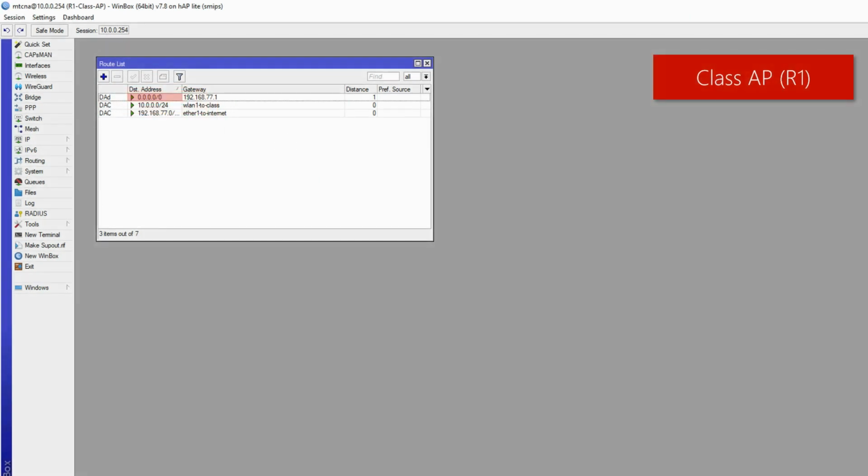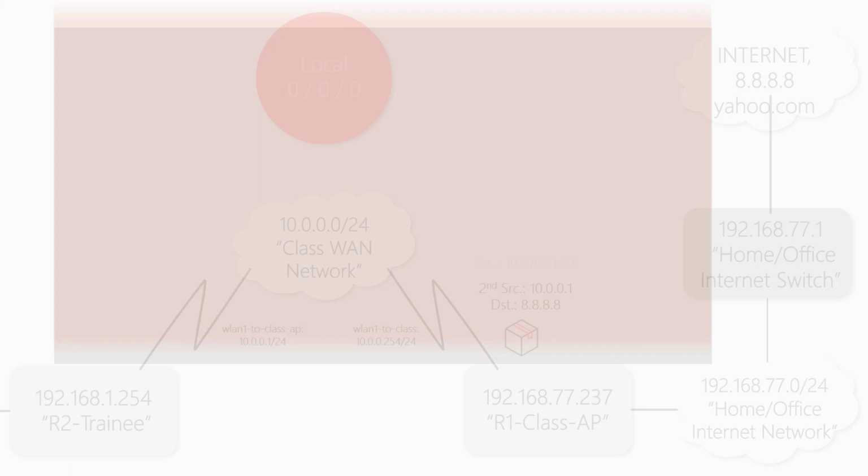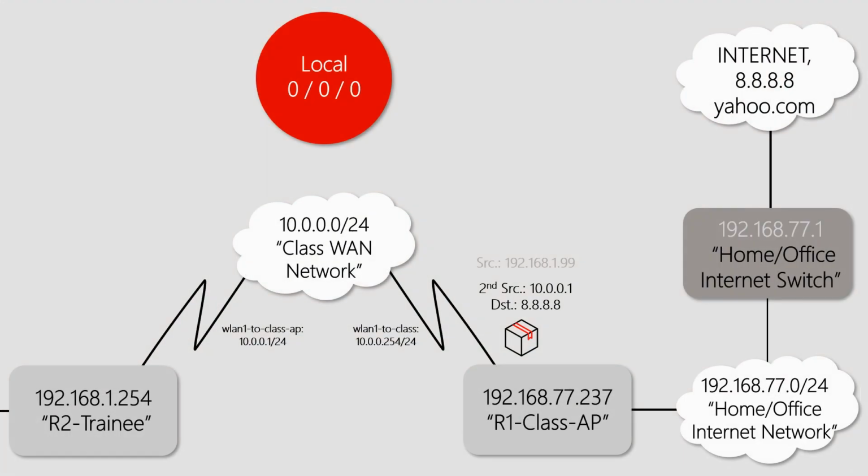At this stage, the packet checks the class AP's routing table and again needs to go toward the gateway that matches 0.0.0.0/0, which is 192.168.77.1. To do so, the source NAT rule on the class AP has to detach the second source address of our packet and assign another new address, which here is